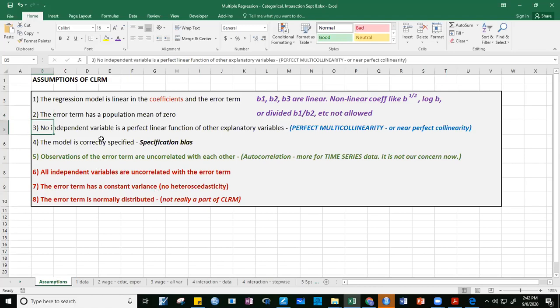Tapos, no independent variable is a perfect linear function of other explanatory variables. Hindi pwedeng related yung independent variables natin. Otherwise, if they're highly correlated, magkakaproblema tayo sa regression model natin. We will have what we call perfect or high multicollinearity. Pero pag talagang directly related sila, kunyari si X1 is a function of X2. For example,